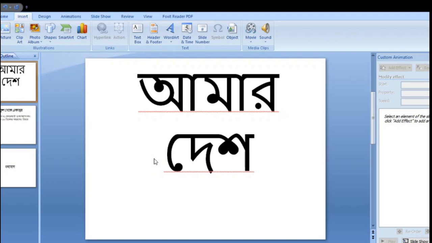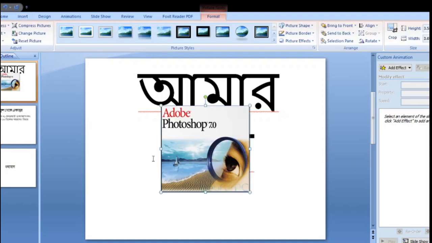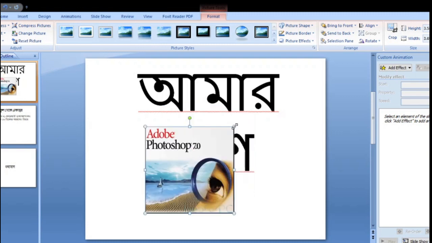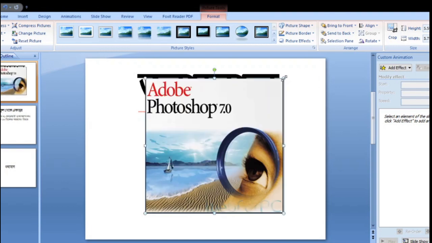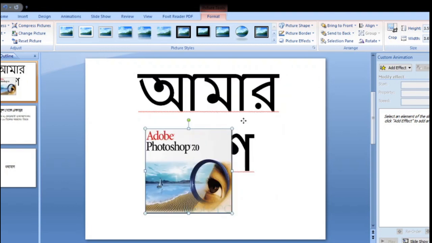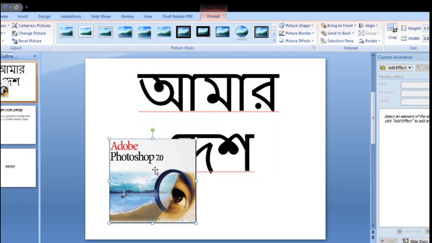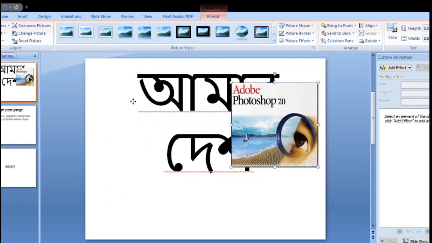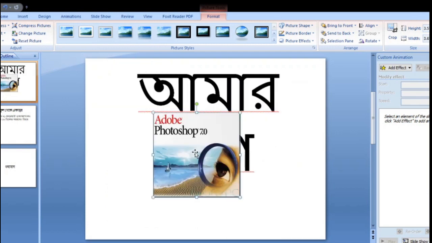When the Insert Picture folder dialog box appears, click the Insert button. The selected picture is added to the slide. Clicking the resize handles, you can make it larger or smaller, and drag it to any position if required.